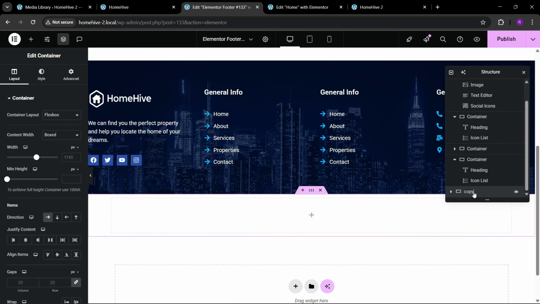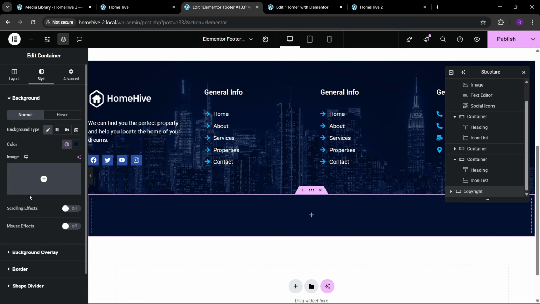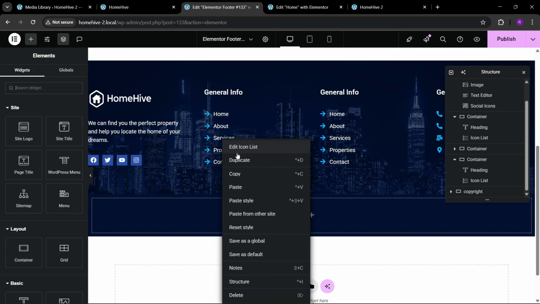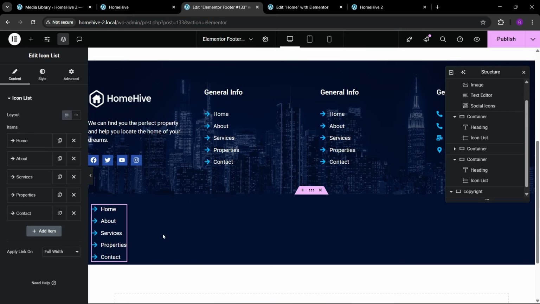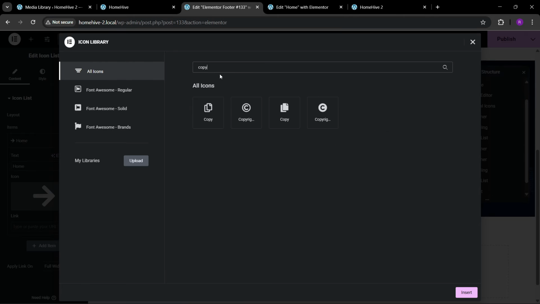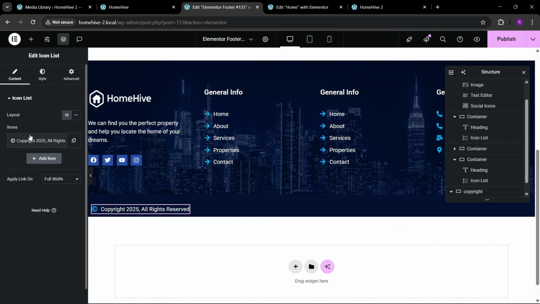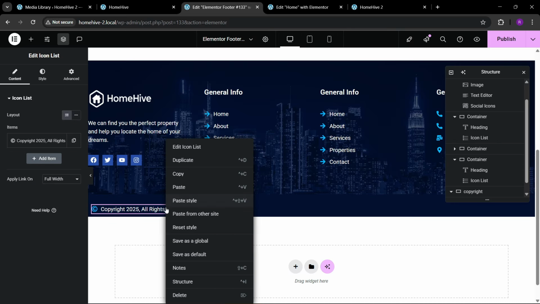You can name this copyright 1300, and this would have this theme dark blue. Okay, you can copy this, paste it here. Here we can search for the copyright. Copyright 2025, all rights reserved. And we can also duplicate this,